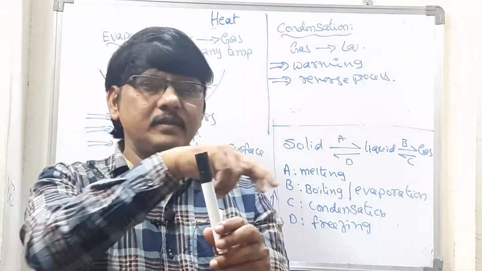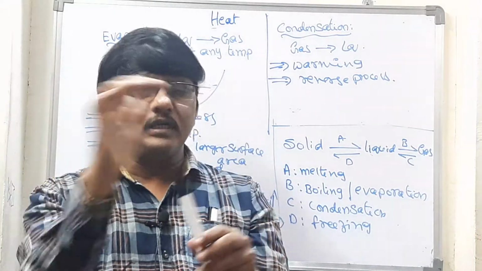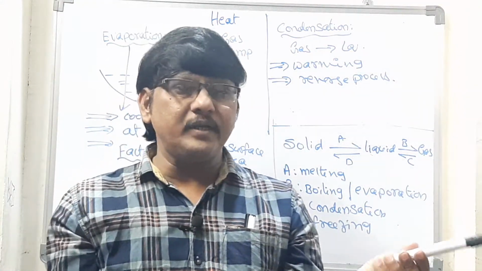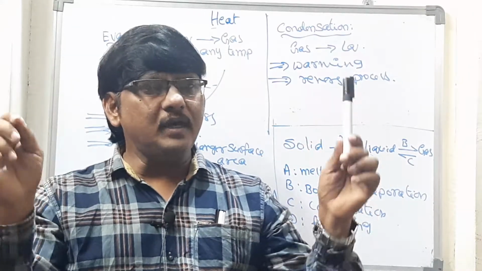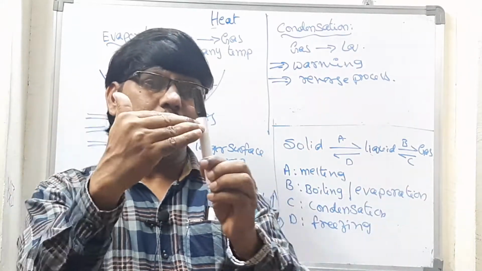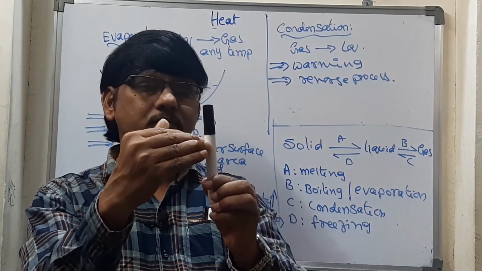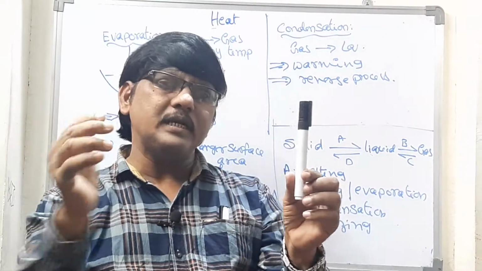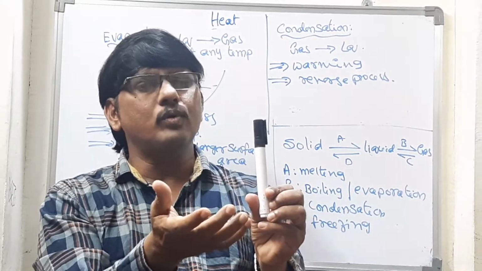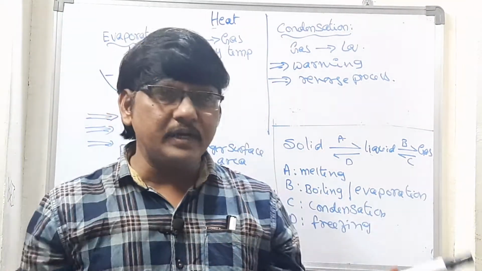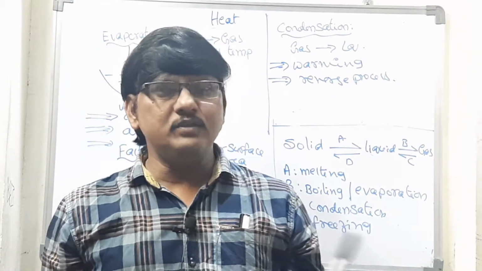All around, the gas molecules, water vapor molecules, are traveling. According to the kinetic theory of matter, every matter consists of molecules, and those molecules are in random motion. So these molecules will come and strike the surface. As the water molecules strike the cool surface, they immediately become cool and turn into water. That is what we call condensation. Did you get it? What is meant by condensation?